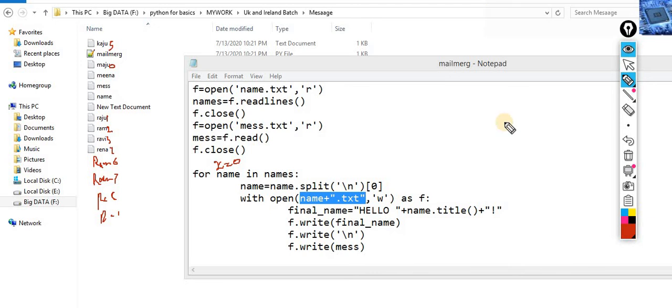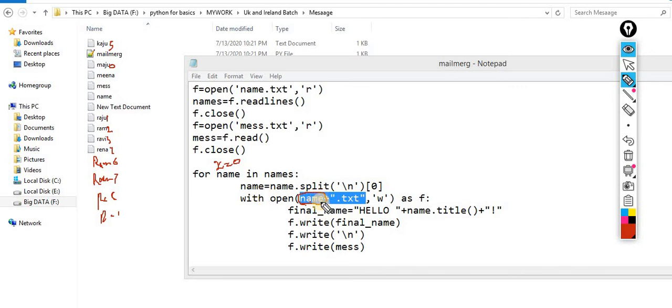What my question is to you, because you already created a new file with the write mode, so the name of the file is name. Yes, which has the data already in it. Yes, because you put write mode there, the past data is going to be deleted, right? No, this is just a name.